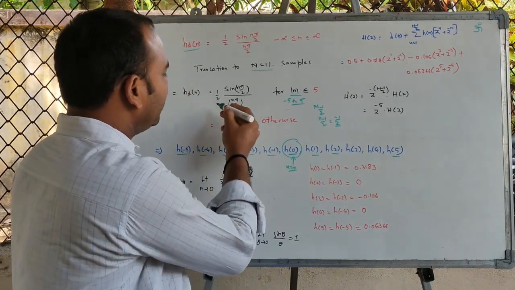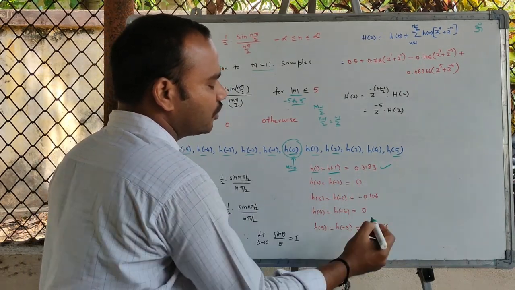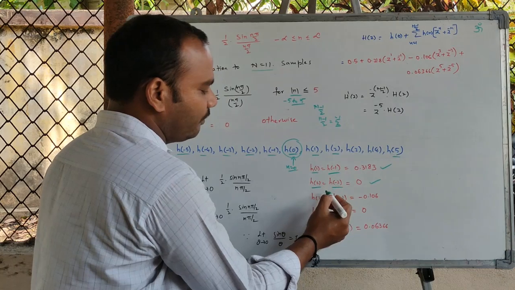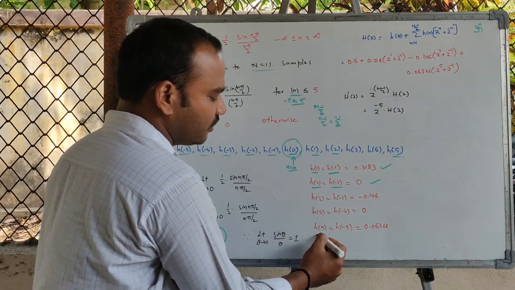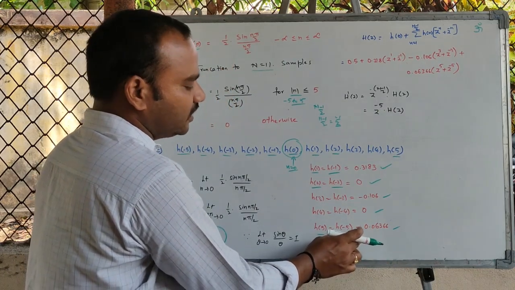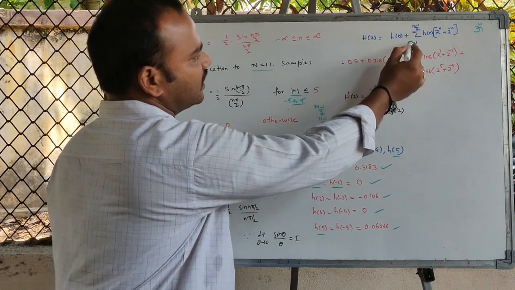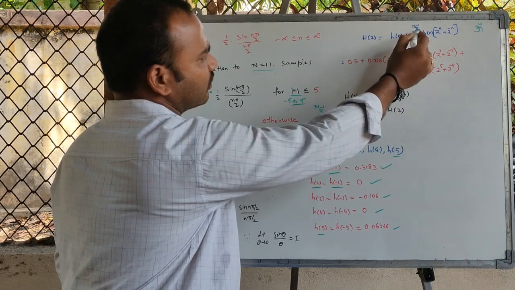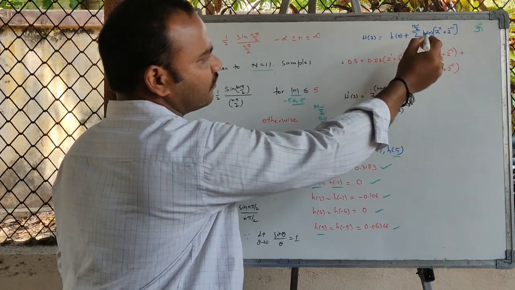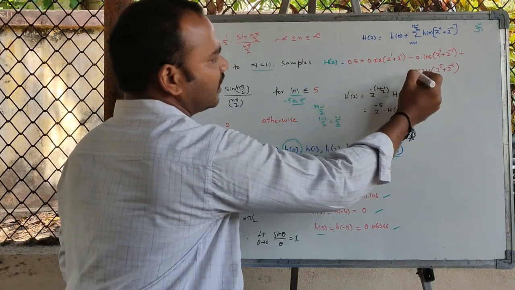Now, similarly, if you find the other values, we will get h of 1 is exactly equal to h of minus 1 and the value is 0.3183. h of 2 is equal to h of minus 2 is equal to 0. If you compute the other values, h of 3, h of 4 and h of 5, you will get these corresponding values. Now, if we write the Z transform for these filter coefficients, that is h of z is equal to h of 0 plus summation from n is equal to 1 to capital N minus 1 by 2 h of n times z power n plus z power minus n. If you substitute the values of h of 0, h of 1, so on up to h of 5, you are going to get h of z is equal to this particular equation.